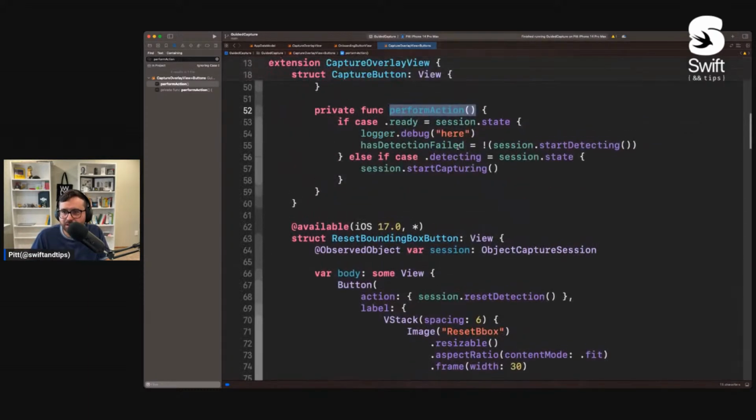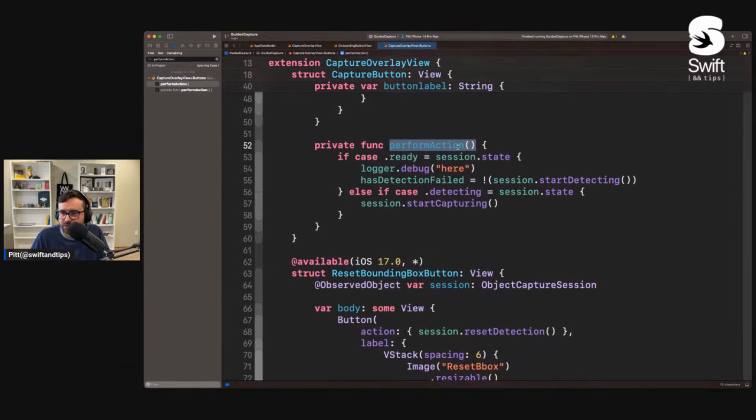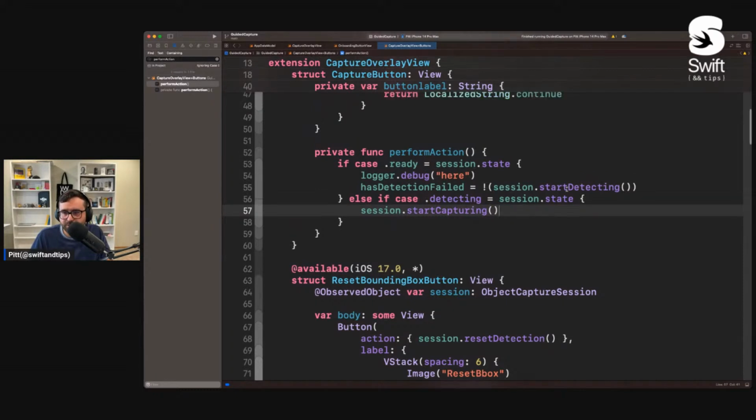If we come here, we can then verify a few things or send in orders, depending. For example, if you want to start detecting, which means generating the bounding box for your object, then you need to send session.startDetecting. Okay, then once you're done, you need then to